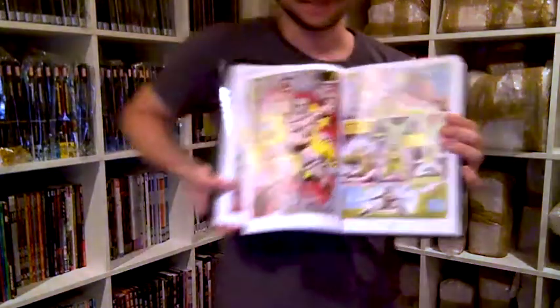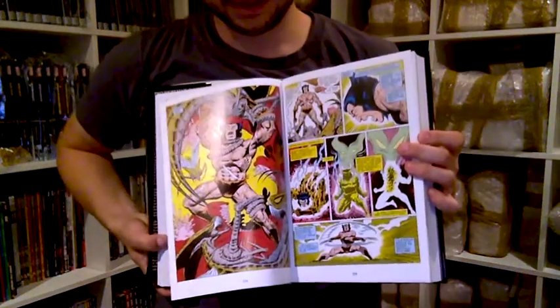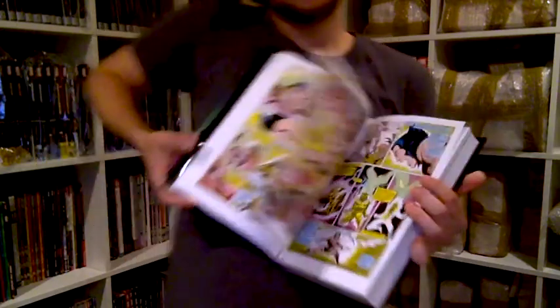So here's Wolverine and the Brood. What a great page to open. Just carefully lift this up. Just such a great page. Look at that. Now I've totally lost my train of thought. Oh, so something about reading these